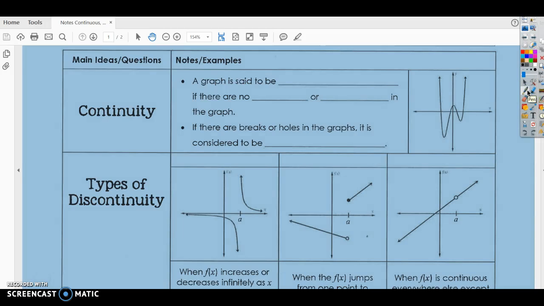I'm going to be talking about continuous and discontinuous graphs today. We're also going to be talking about end behavior. Okay? All right, if you have your guided notes, we're going to start by looking at what a graph is if it is continuous. Okay? A graph is said to be continuous